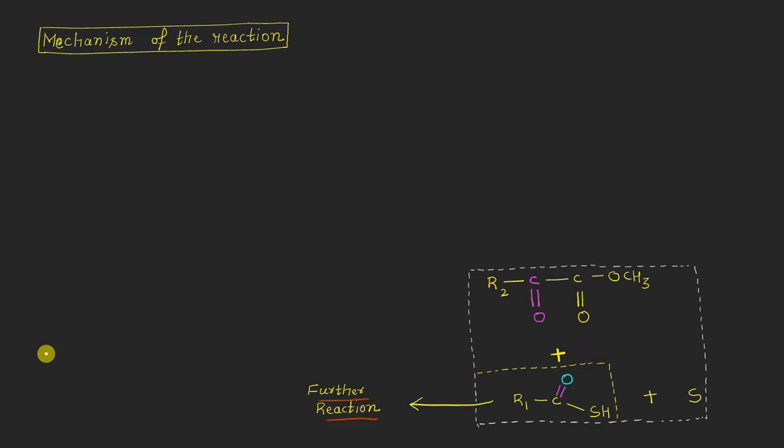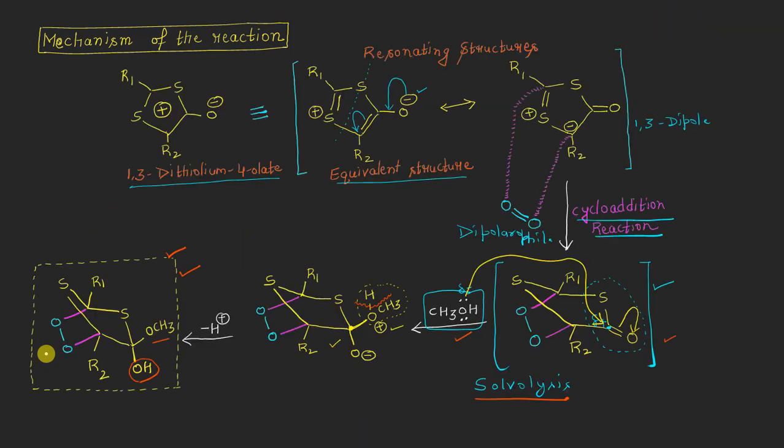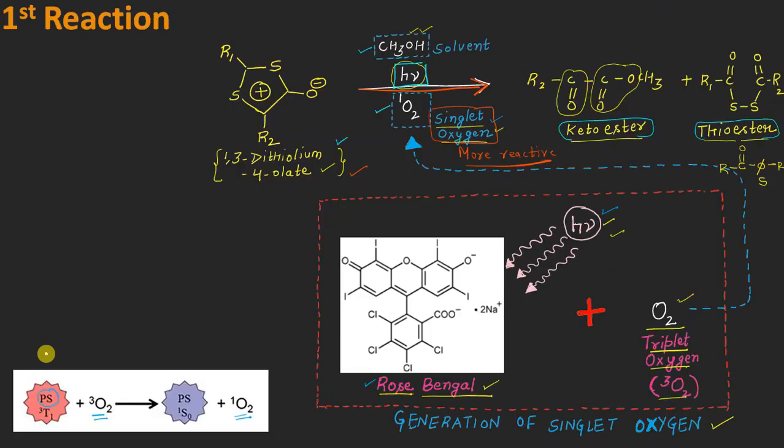So let me go back and show you what we have done till now: the first photochemical reaction of our mesoionic molecule, the 1,3-dithiolium 4-olate, reacting with singlet oxygen, which has been generated with the help of a photosensitizer, rose Bengal, and some light, from the triplet oxygen molecule. We have got this singlet oxygen, which is more reactive, right? So this singlet oxygen plus hν plus methanol solvolysis and this reactant molecule will result in the formation of this